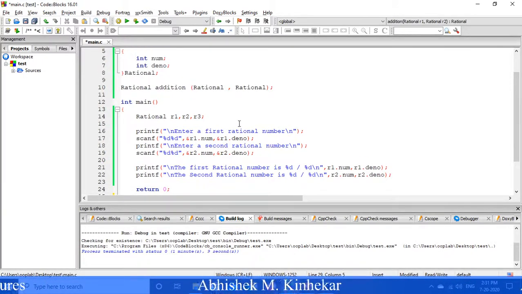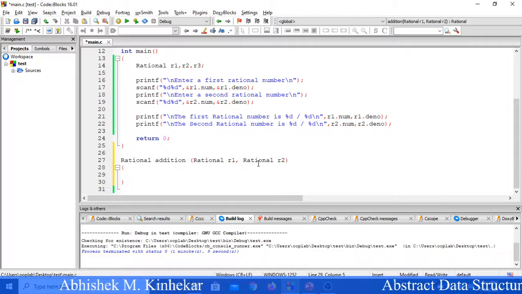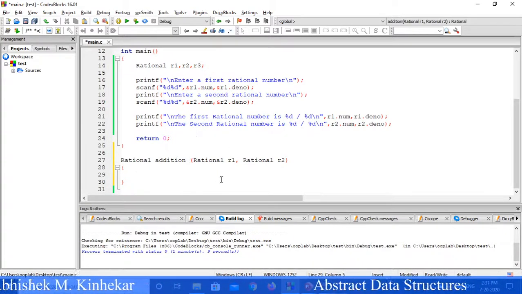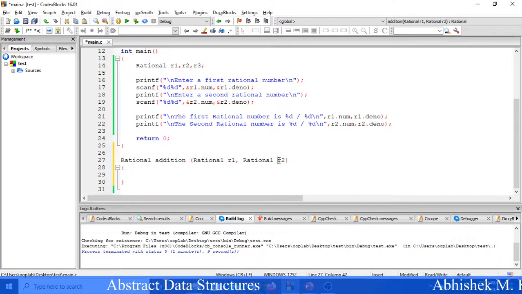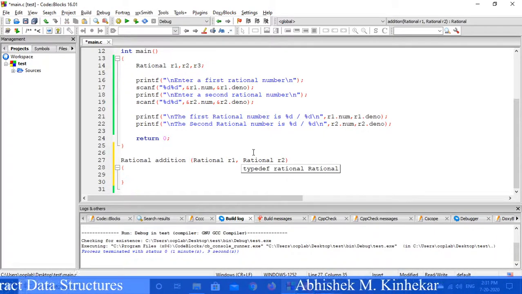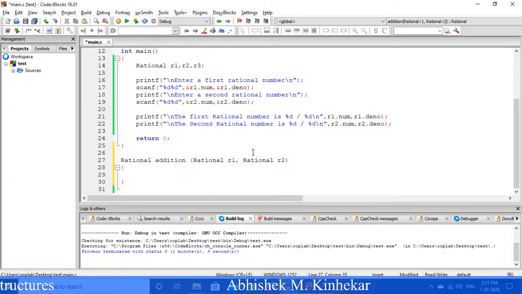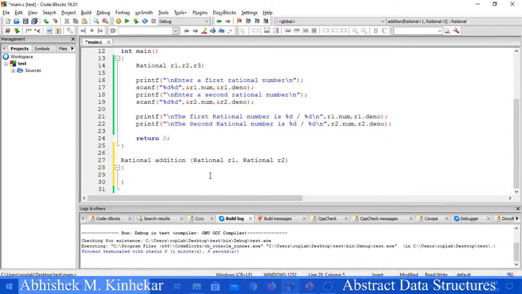Just by defining a method won't do, you need to give a call to it as well, but we will be calling it afterwards. Let us first define the method. Now in this method, it is getting two inputs, R1 and R2. R1 is a rational number, R2 is another rational number, each a combination of numerator and denominator. Correct? Now what I need to do is calculate the resultant. The addition of these two should be the resultant.